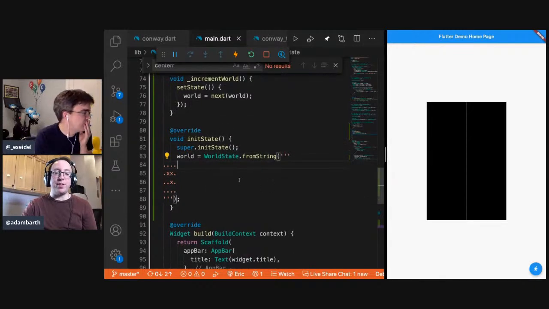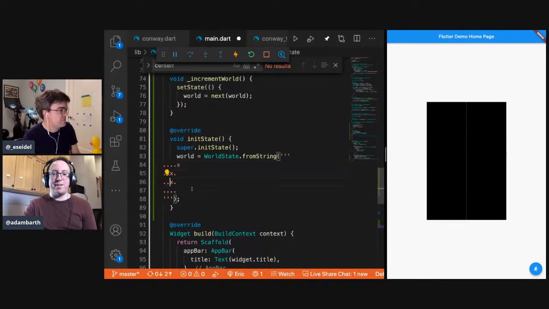We should take one of the test cases, like the beacon or something, that we can see go back and forth. Yeah, I think we can just do beacon from memory here. Oh, you're right. I could have actually just gone and gotten it in the time that I could write it.